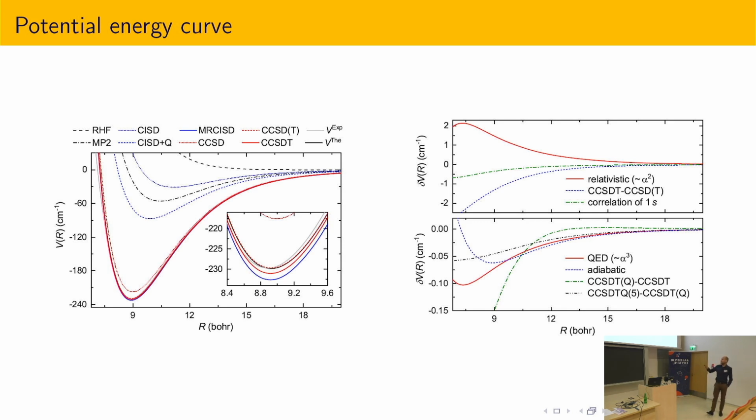We also present some results that we have obtained with lower quality methods. As you can see, at least for this van der Waals type interaction, including everything is crucial. And here on the right part of the slide, you see a particular contribution as a function of the interatomic distance. Here we have the relativistic contribution, which seems to be on the order of about 2 reciprocal centimeters, which maybe seems a small value in comparison to the depth of the potential, but still we need to include it.